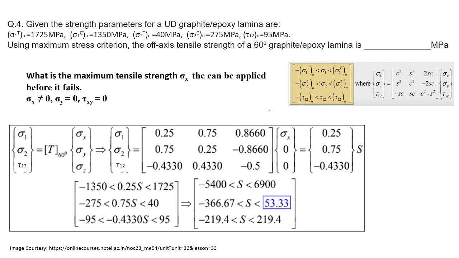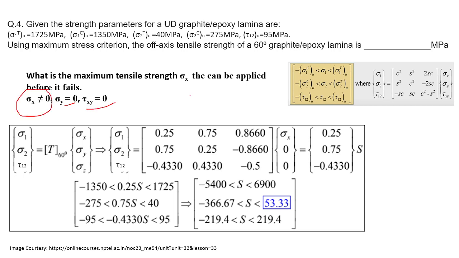The next question is, given the strength parameters for a unidirectional graphite epoxy lamina, the same values I think. Using maximum stress criteria, the off-axis tensile strength of a 60-degree graphite epoxy lamina is. Now here, off-axis tensile strength means we have to find the maximum tensile strength sigma x that can be applied here before it fails. For that, we considered sigma y as 0 and tau xy 0 and only sigma x